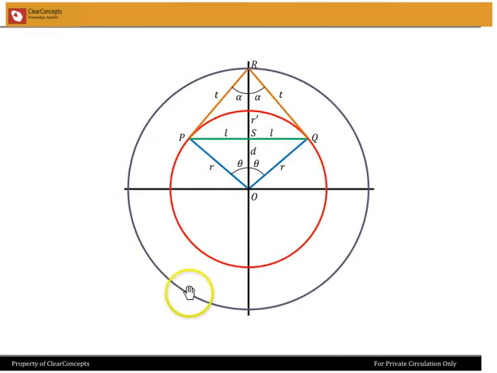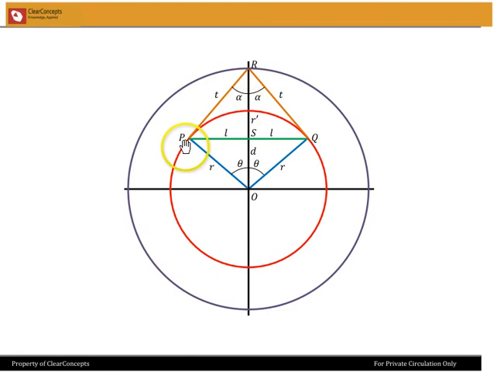Let's see the diagram. So here we have the smaller circle in red, the larger circle in purple. We've just put a coordinate axis to show where the center is. That's O. Let's say the chord in consideration is PQ. OP and OQ are the two radii, and so the angle POQ is the angle 2 theta, that is the angle subtended by the chord PQ at the center. From point R we have drawn the two tangents RP and RQ. So you can see that the angle between the two tangents, angle PRQ, is 2 alpha.